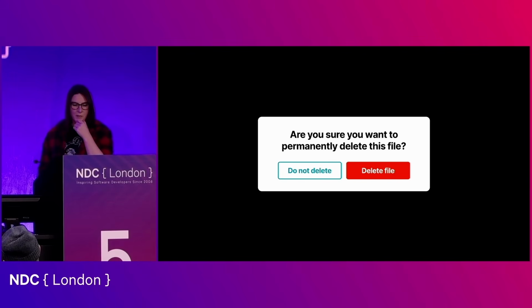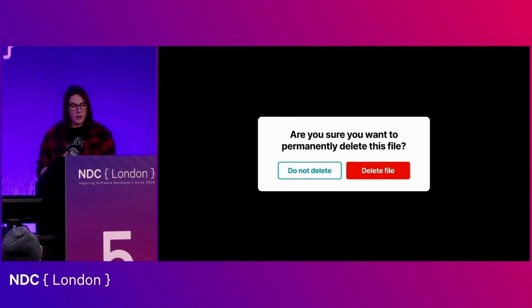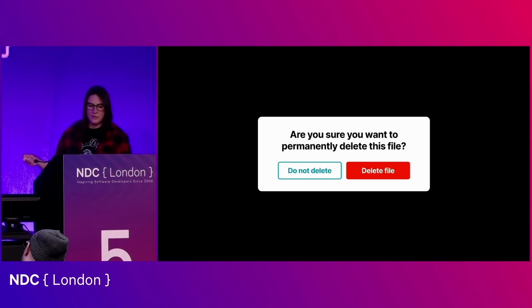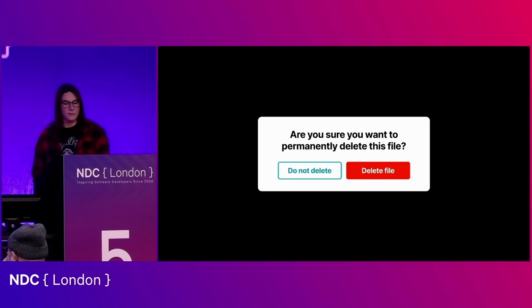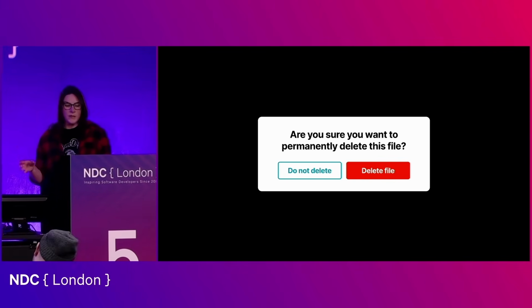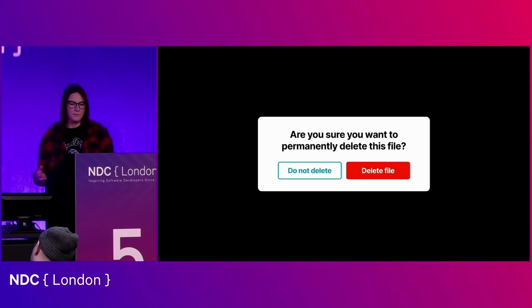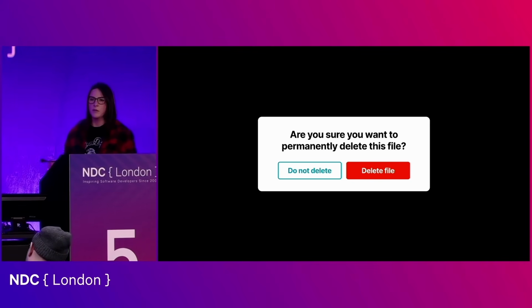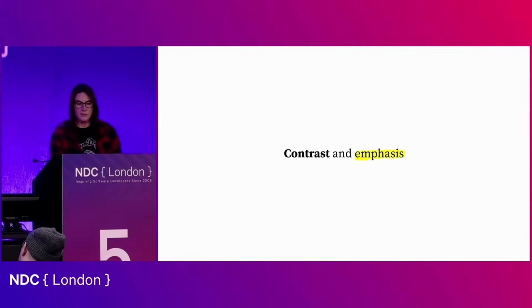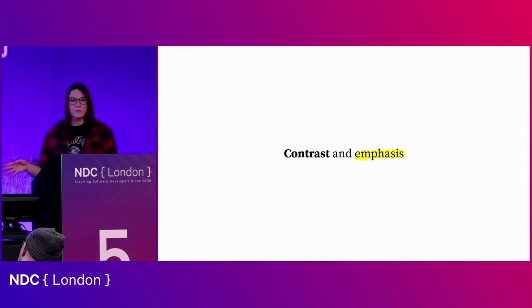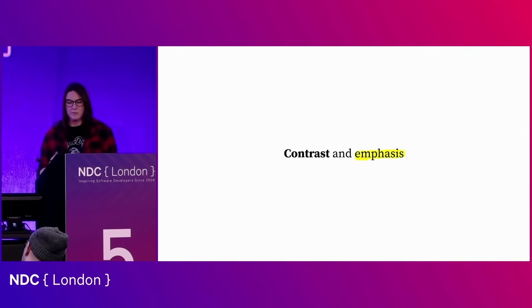And then lastly, we've applied another technique to help make it obvious and to not make the user think. Our primary button, the one that we think is likely to be chosen, is red. And we've chosen red as it has connotations of cancelling and deleting. But more than the color, it's filled to make it the more prominent option. The secondary button, the one that we think will be less likely, because the user hasn't initiated that action, appears in an outline. It's not as prominent as the primary action, and it makes an obvious differentiation between the two. And this is an example of using contrast in order to emphasize or make something clear.